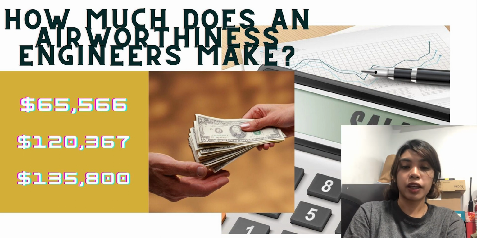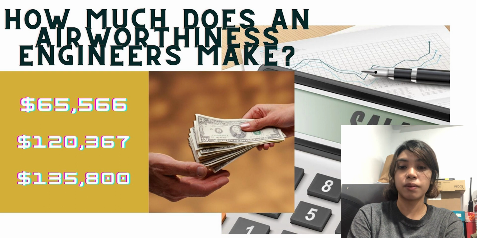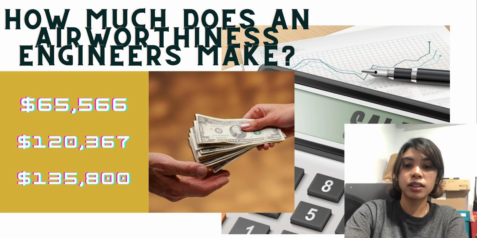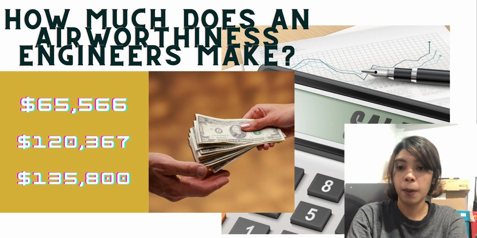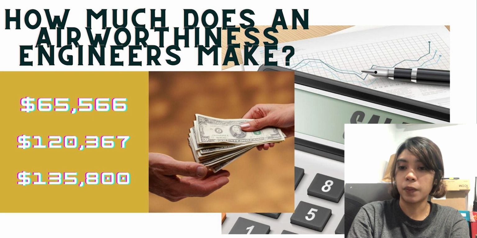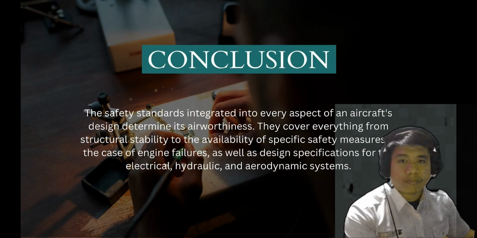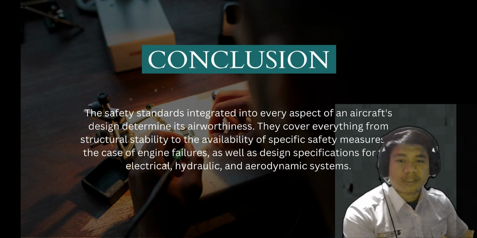The estimated total pay for an airworthiness engineer is $120,367 per year, while the average airworthiness engineer salary in the USA is $135,800 per year, or $65.29 per hour. Entry-level positions start at $109,500 per year, while the most experienced workers make up to $166,000 per year. Conclusion. The design of specified safety criteria is mostly the responsibility of airworthiness authorities and engineers who